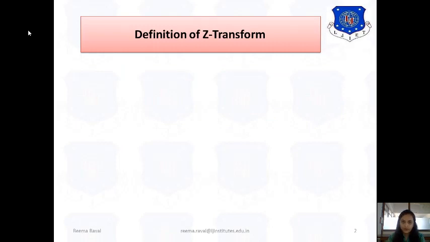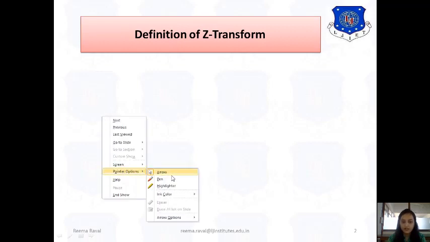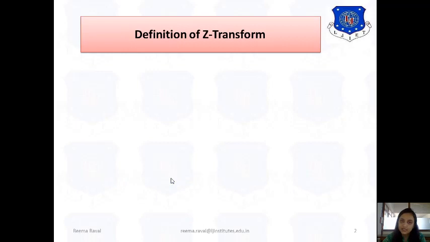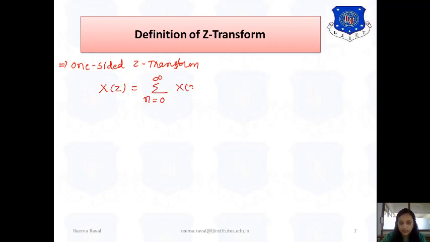First of all, let us see the definition of Z transform. Now the definition of Z transform has two parts, which are called one-sided Z transform and two-sided Z transform. Let us see the differences between these two. So first we will see one-sided Z transform. The one-sided Z transform's definition is given as x of z equals summation of n equals 0 to infinite x of n into z raised to minus n, and the two-sided Z transform is defined as